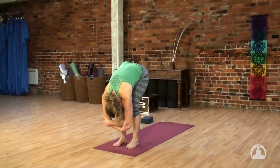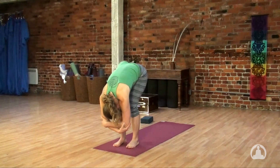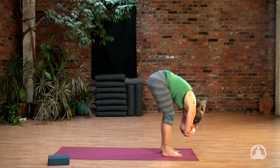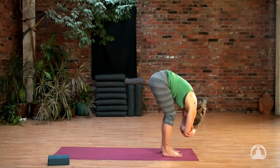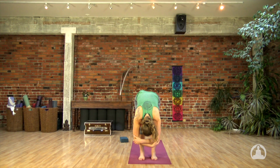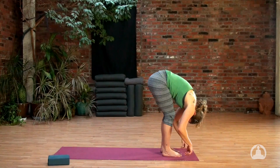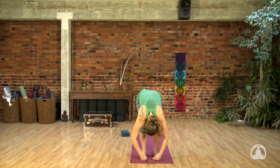Noticing if most of the weight is in your heels and slowly starting to bring your balance forward so that you're also putting weight in the toes. Really draping that spine over the legs, allowing a nice, beautiful release here. Hands coming back down towards the mat. We're going to ragdoll our way up to standing,